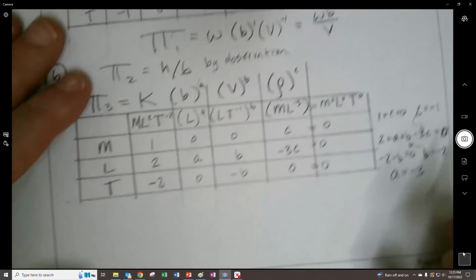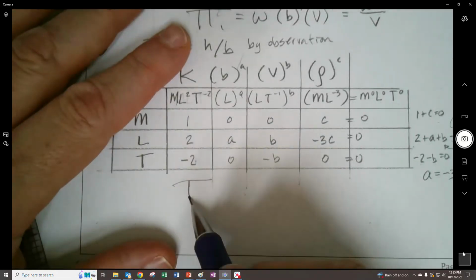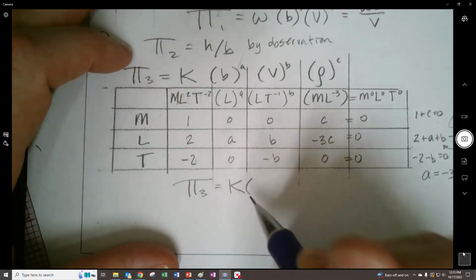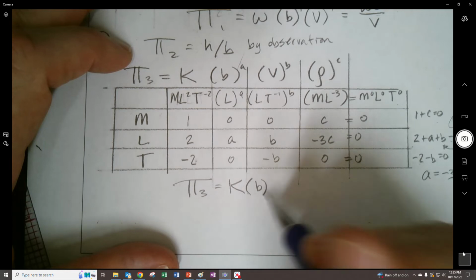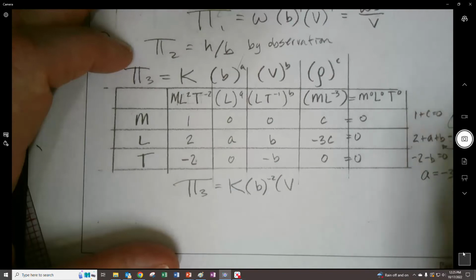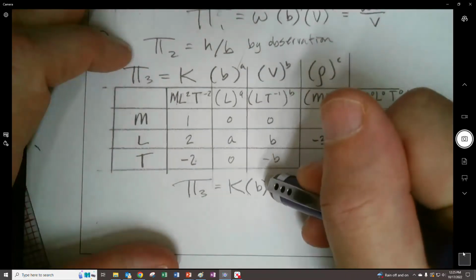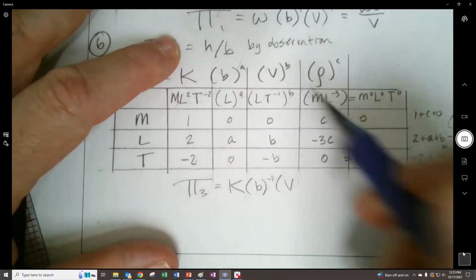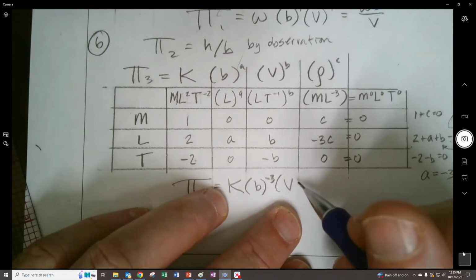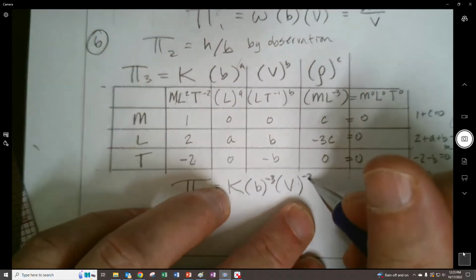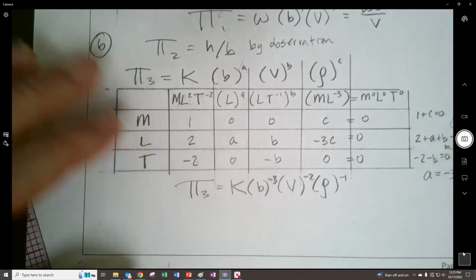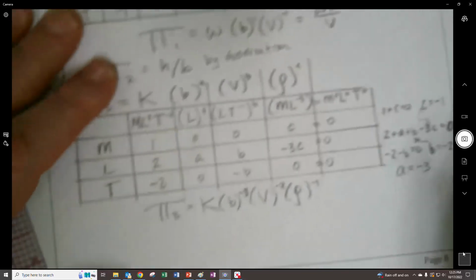-3. So our last pi term, pi 3, is going to be k times b raised to the -3 times velocity raised, whoops, gotta be careful. This b was raised to the a, right? So it's a -3. V raised to the b, and that's -2. And then density is raised to the -1. So our third pi term